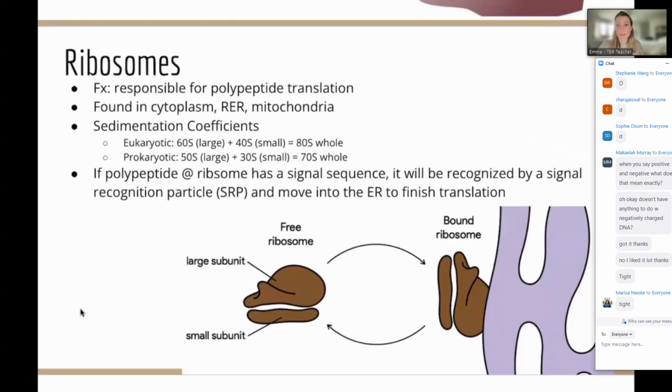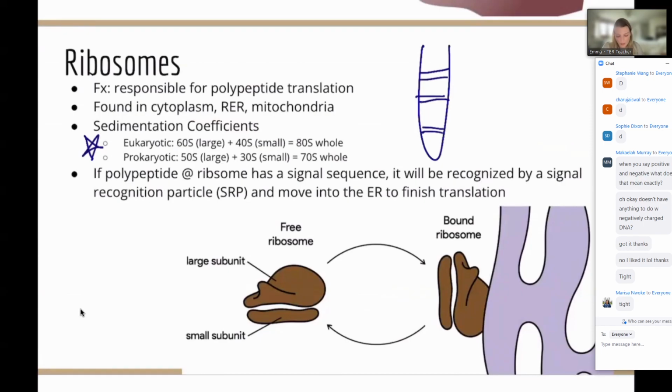We talked a little bit about ribosomes, and this may have been covered in another lecture, so I'm not going to focus on it intensely. But ribosomes have two units: the large subunit and the small subunit. It's really important, I would say, to know these sedimentation coefficients. They seem to pop up a lot. Basically, if you took a bunch of ribosomes and put the cell contents in a liquid and centrifuged it for a really long time, there are obviously a lot of ribosomes in a cell, but you're going to get different bands.